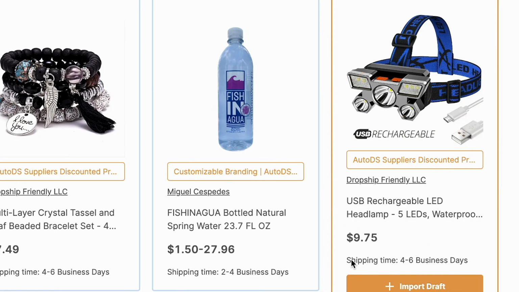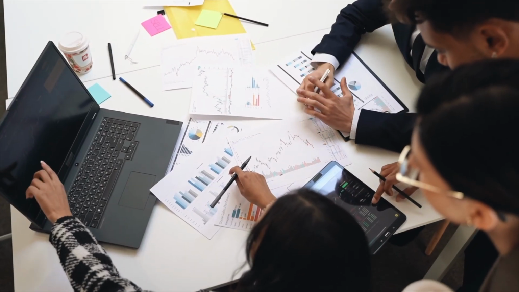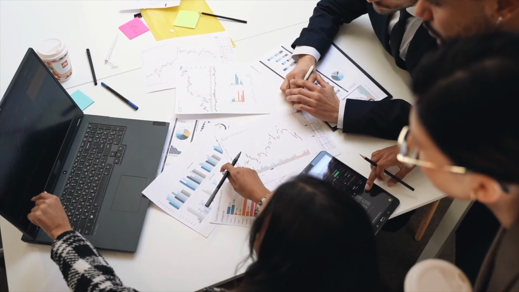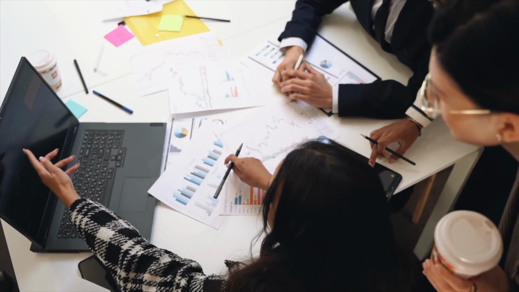And over here, we can see that we're going to be able to get it to the customer within 4 to 6 business days, which is really, really good. But before I even think about moving forward when it comes to selling this particular product, the next thing that I need to do is use an actual eBay product research software to make sure that people are actually spending money on it. Because if I'm able to see that a certain amount of money has been spent on a particular product, it's going to give me the encouragement to know that I could potentially take a piece of that